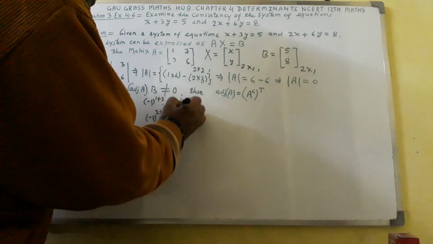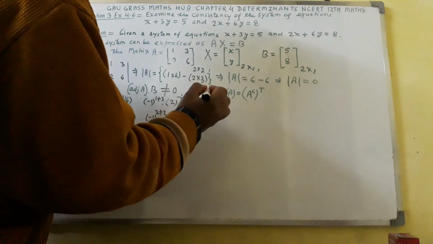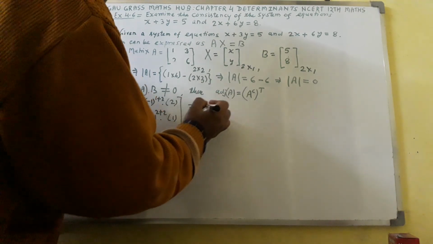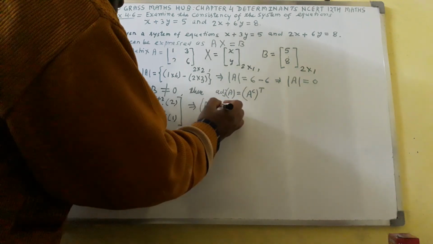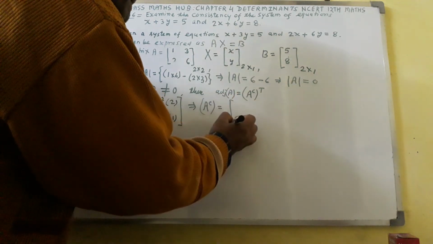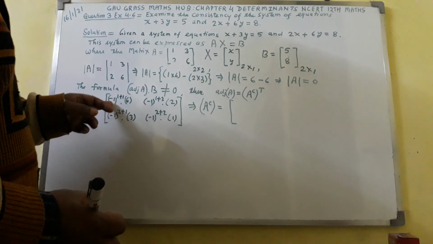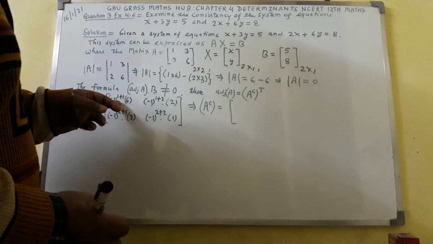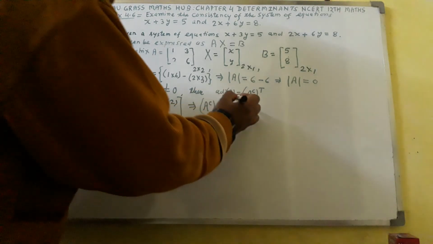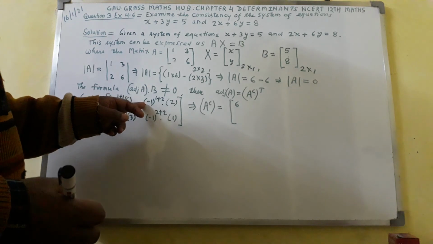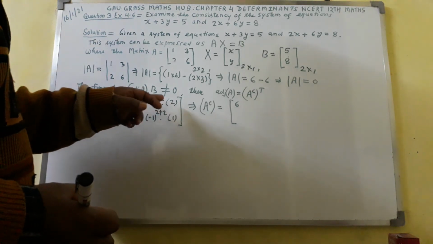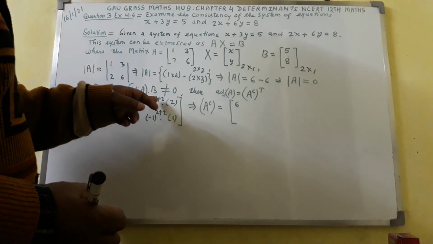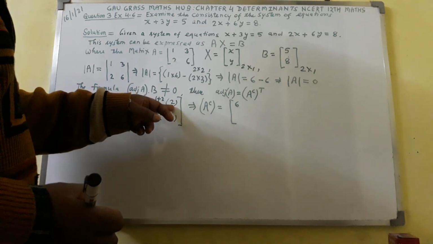Imply that, just simplify this one. Imply that cofactor matrix you have got equal to minus 1 raised to the power 1 plus 1 comes out to 2. Minus 1 whole square comes out to 1. 1 will multiply to 6 comes out to here 6. Here minus 1 raised to the power 1 plus 2 comes out 1 plus 2 is 3. Minus 1 raised to the power 3 comes out to minus 1. Minus 1 multiplied to 2 comes out to here minus 2.